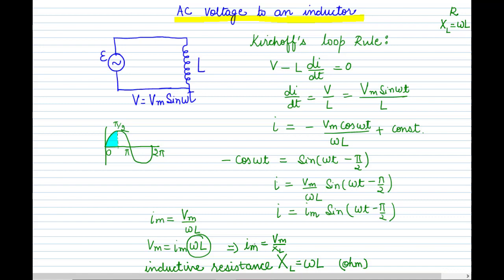As we can see, here the current and voltage are not in the same phase. Current is lagging behind the voltage by pi by 2. So now we can draw the phasor. Now you can very easily draw the phasor. So what do we do in the phasor? A phasor is simply the rotating vectors for the alternating voltage and alternating current. So we want to draw a phasor.